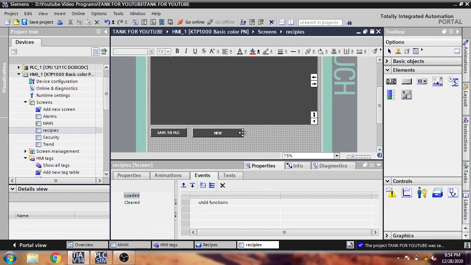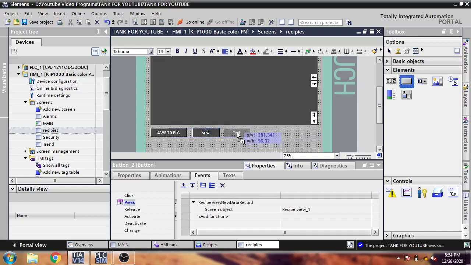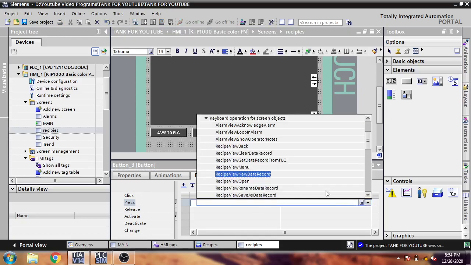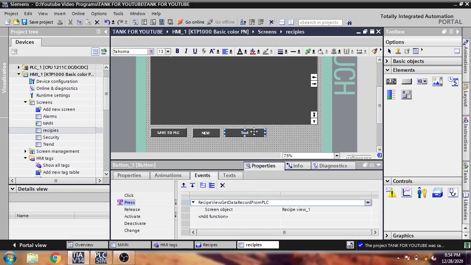New. And we also get data from a PLC, but I think I don't need that.